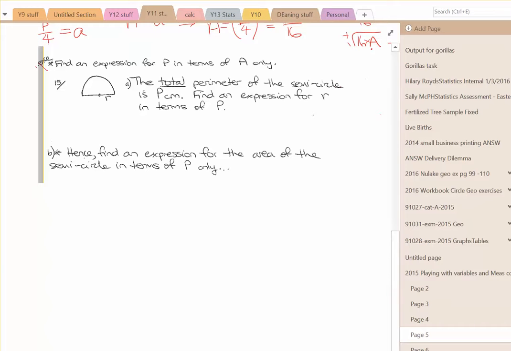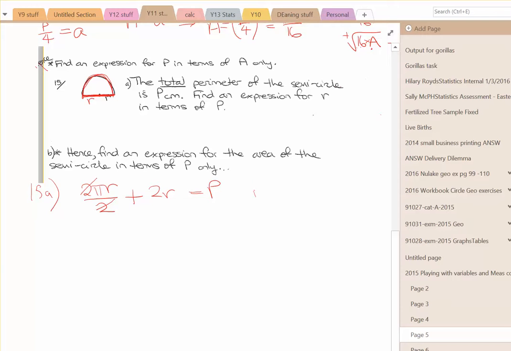Right, so I found some questions. Number 15, moving quickly now. You can pause and read and try it yourself. Total perimeter of the semicircle. So the total perimeter of a circle is 2 pi r, but we've only got half a circle, plus that length there, which would be 1r plus 1r is 2r. So that would equal the perimeter. And we can simplify that,